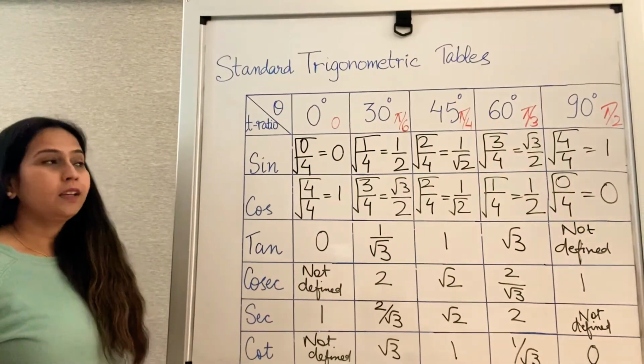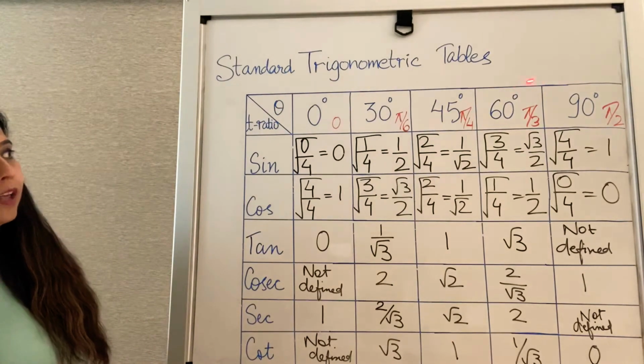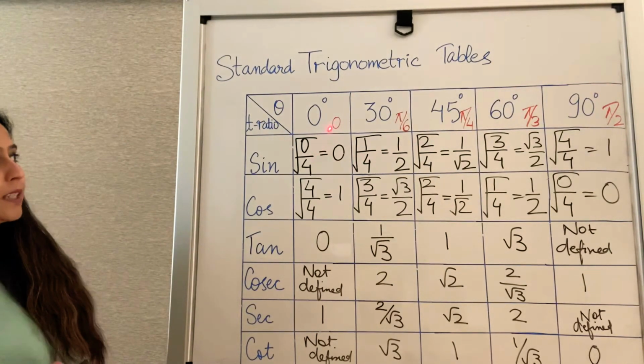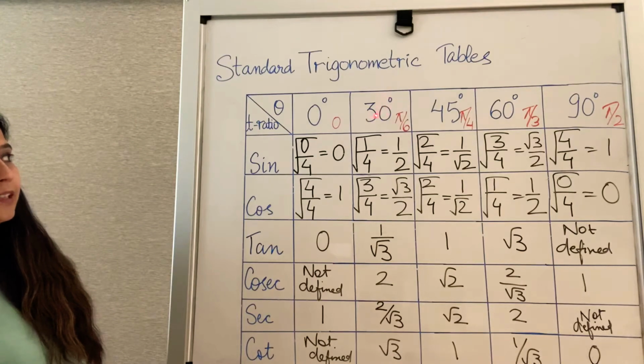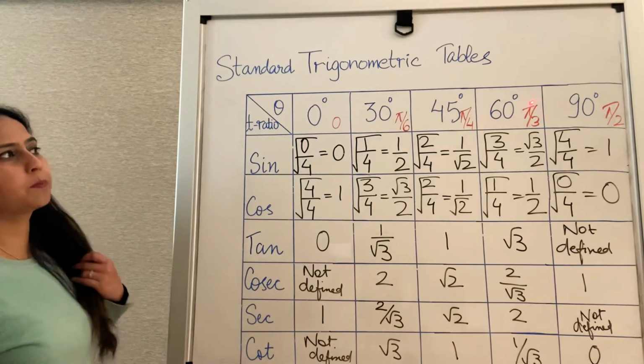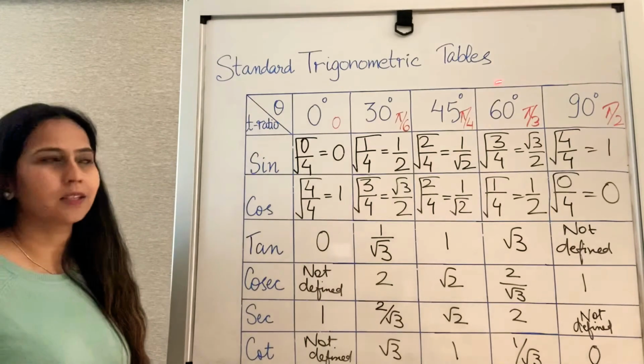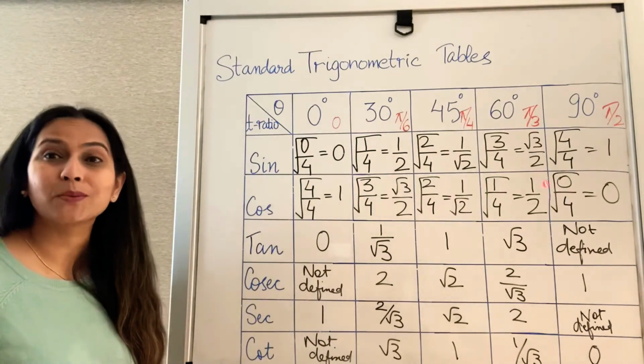Okay. So in this table, theta is taking different values. I've also written the radian values of these. These are the degree values. These are the radian values. 30 degrees is pi over 6. 45 degrees is pi over 4 in radian. 60 degrees is pi over 3. And 90 degrees is pi over 2. That's all right if you don't know this, because our aim today is to learn how to create the trigonometric